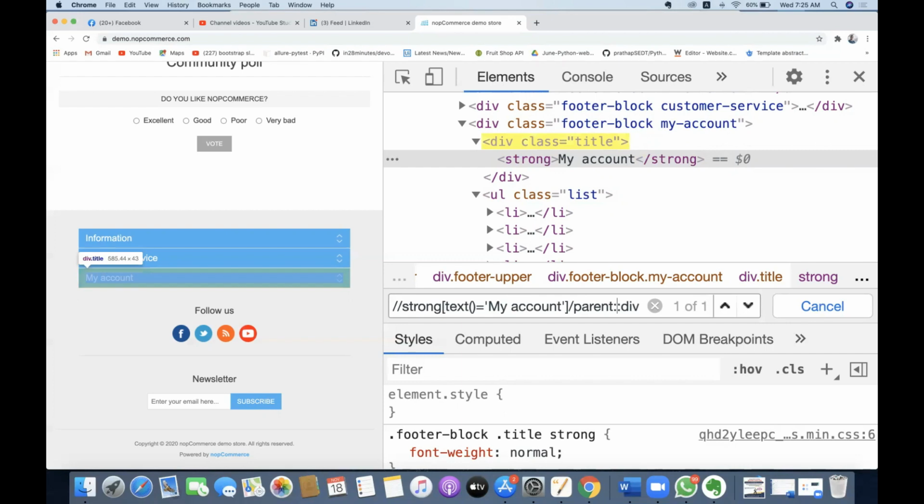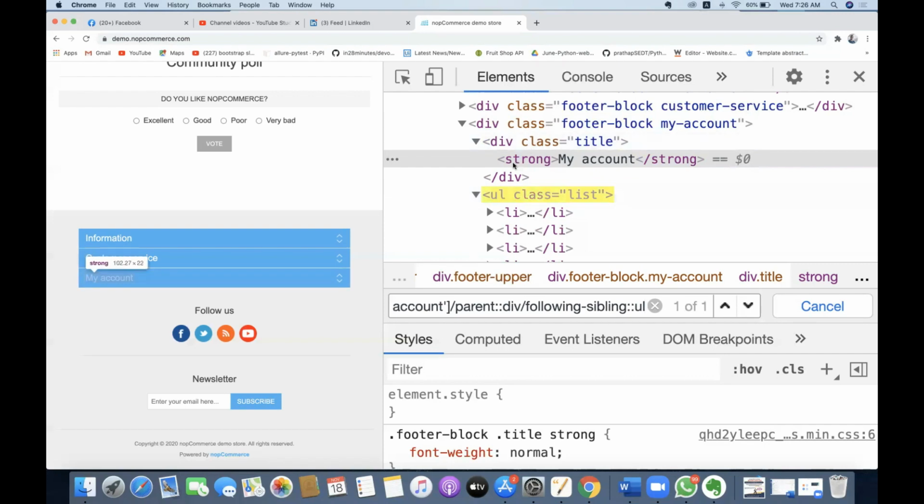Double quote, parent colon div, because it's the only parent. From this parent, I want to go to this UL. For this division and this UL, what is the relationship? Siblings. So what is the sibling? Following sibling. Following hyphen sibling, colon UL.